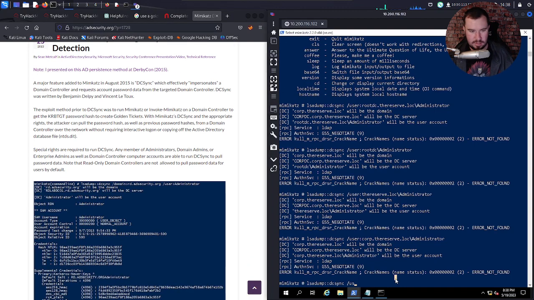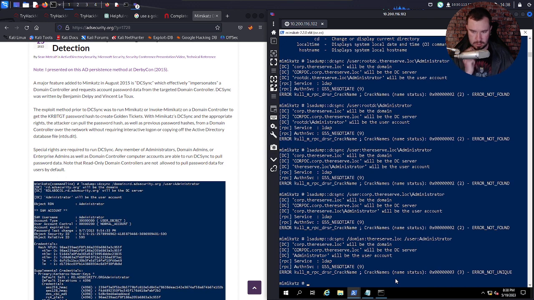Yeah, domain. That's what I'm thinking. So if we do this, and now we do domain, and it would be the reserve.loc, right? No, dang it.